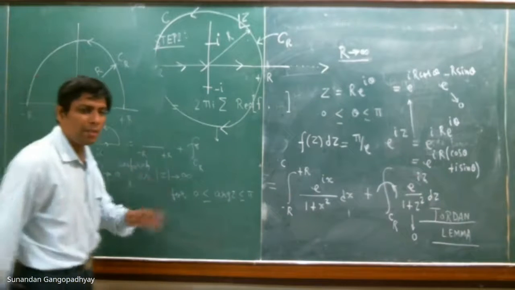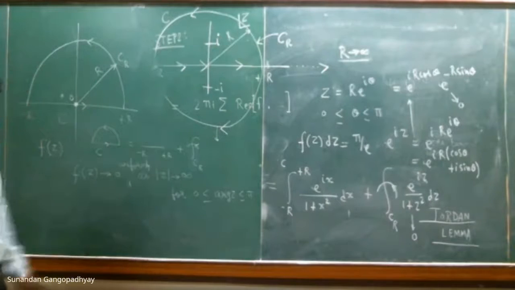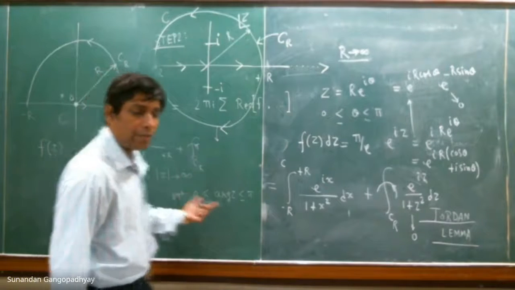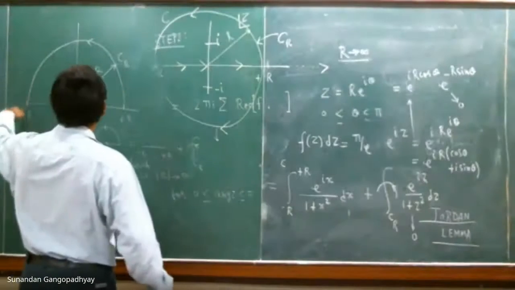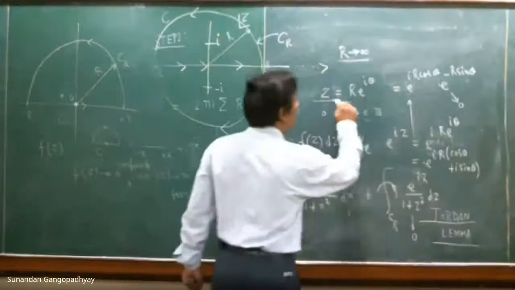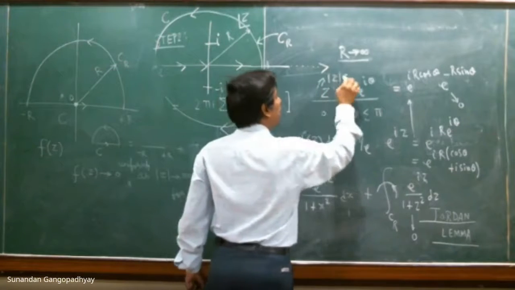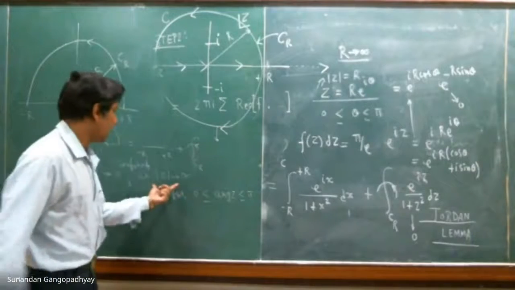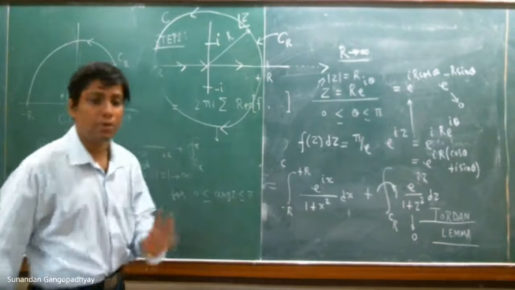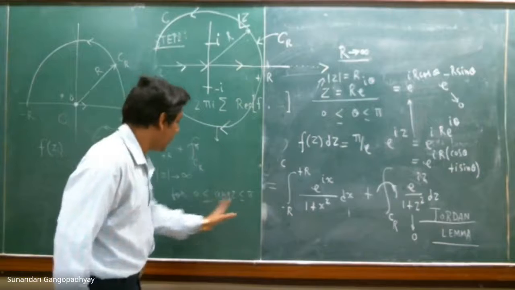So uniformly basically means that it goes to 0 smoothly. There is no problem in the function going to 0. It goes to 0 smoothly as mod z tends to infinity. So mod z tends to infinity means what? What is z on this semicircle of radius R? z is equal to R e to the power of i theta, and therefore what is mod z? Mod z is R. So what is this condition saying? That mod z tends to infinity means the radius of the semicircle R tends to infinity. Okay. For argument of z less than or equal to pi and greater than or equal to 0.